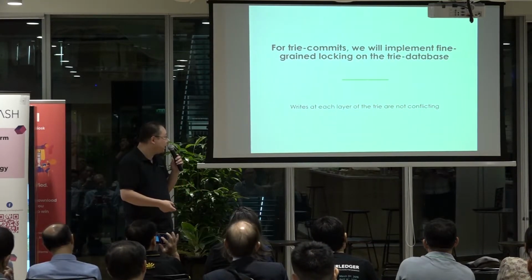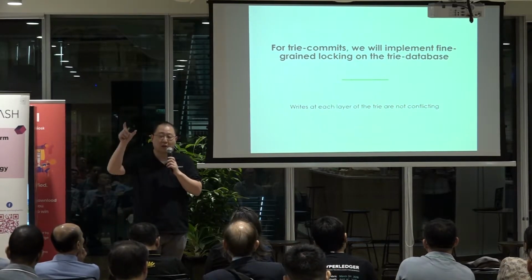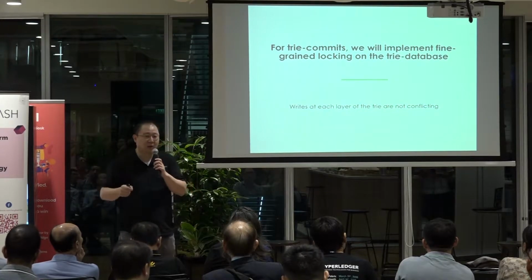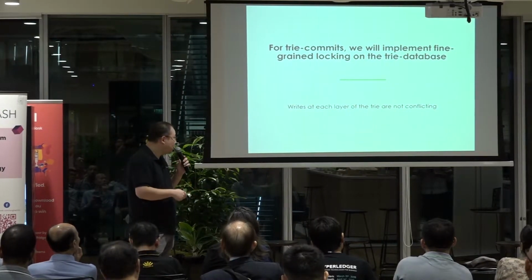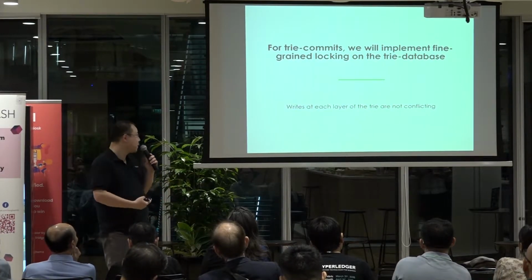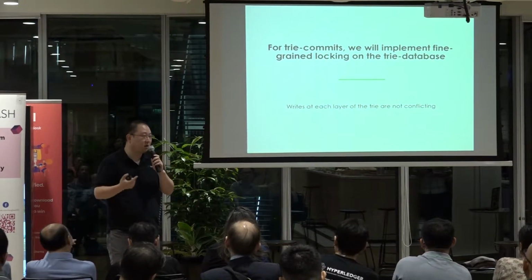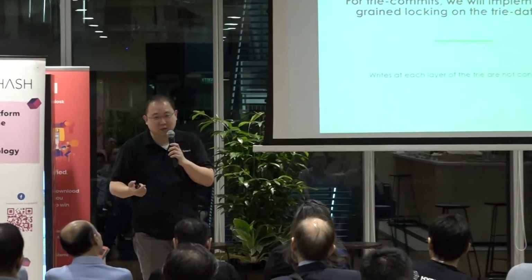So inside the EVM, there are these things called trie databases, basically a Merkle tree that holds the entire world state, right? And once again, this is sequentially written, also sort of silly. Someone will tell you, well, no, these are all dependent. You have to run them in sequence. Well, not really,